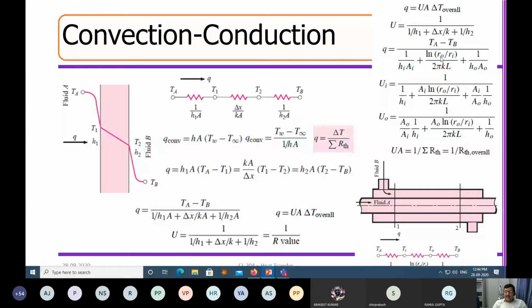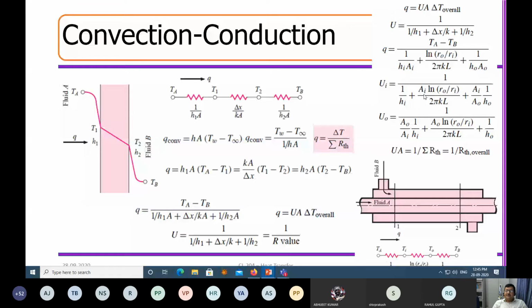Okay, when you take this AI out and you're doing nothing here, basically you are taking this AI out here. That is what is called the UI in terms of AI. Now, why is this AI coming here? You can see that ultimately this AI will go with this AI at the top. U is basically this part you are considering. So one way of defining the overall heat transfer coefficient is in terms of AI, normalizing with respect to AI,